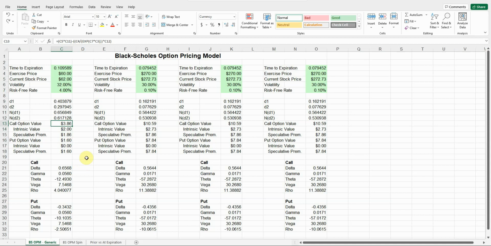Speculative premium is saying, hey, the stock can move in my favor and offer me far more upside, so I'm willing to pay more than the intrinsic value for this call option. The speculative premium is just the difference between the option price and the intrinsic value. So if the intrinsic value is $2 and the option price is $3.86, that means there's $1.86 in speculative premium